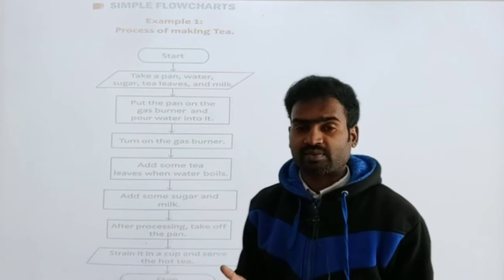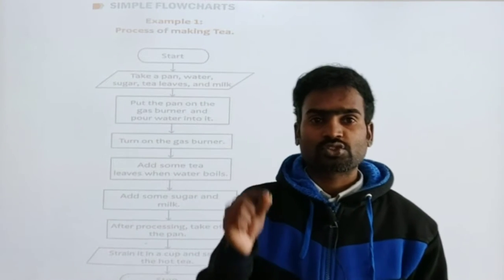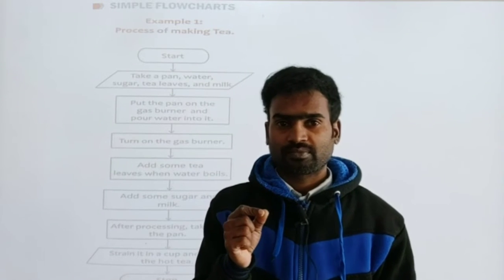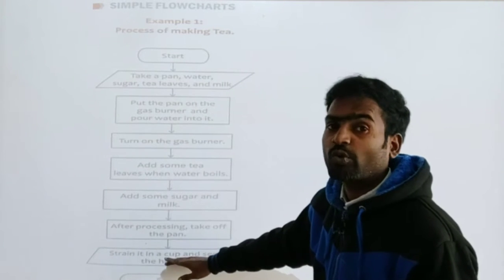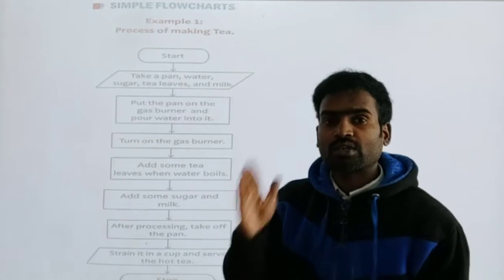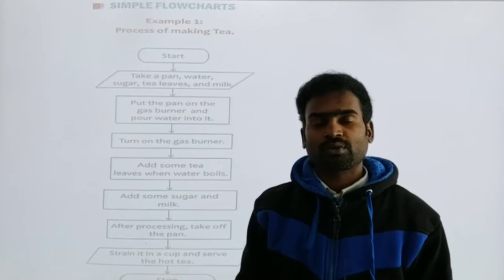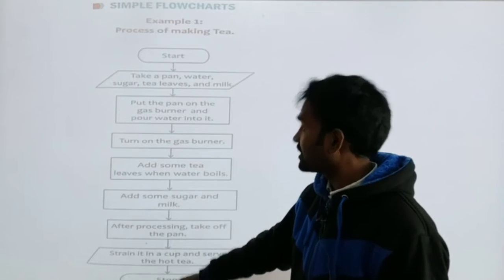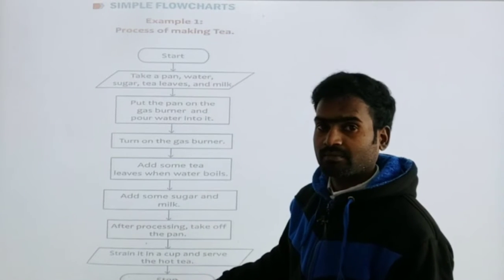So we got the result. What is the task? Our task is to make tea. Now the tea is ready, which means the output is ready. After finishing the output, what are we supposed to do? We have to stop the work. See, we stop with the same diagram, right?